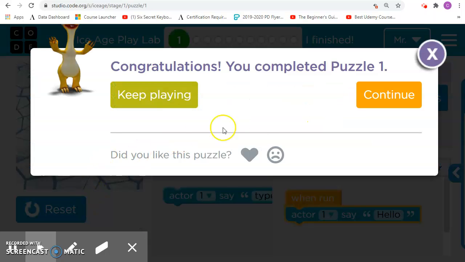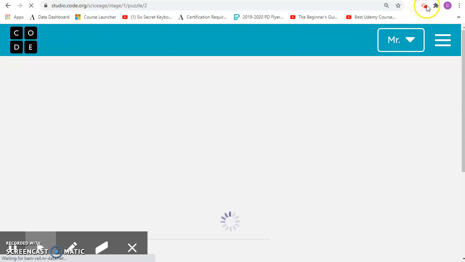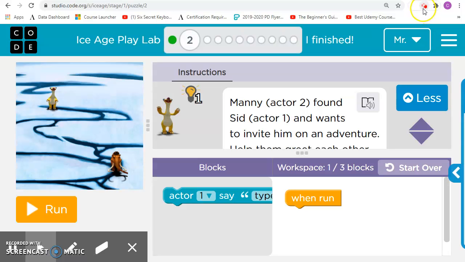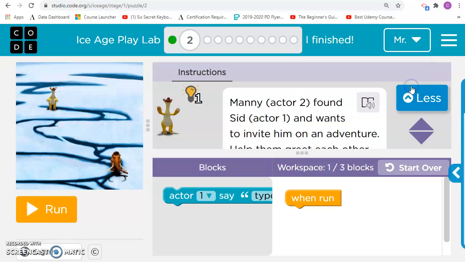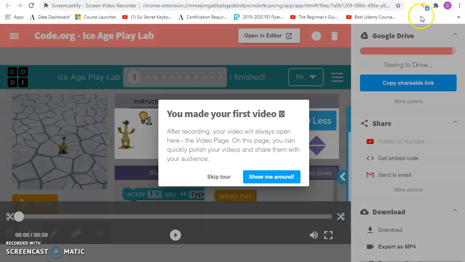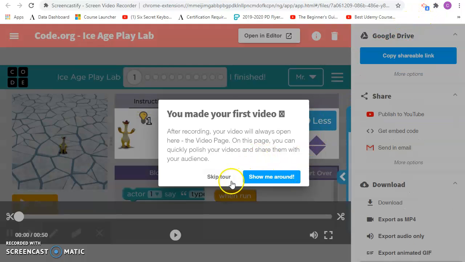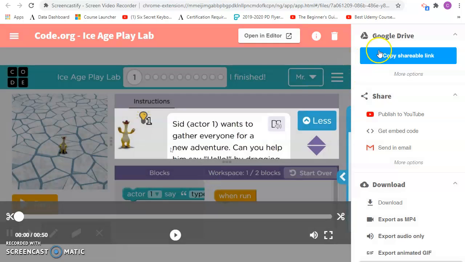Okay, so when I'm done recording and giving the explanation, I come back up here to this screencastify icon, I click on it, and then I hit the stop button. So now my screencastify is done, and I can go ahead and skip this, and then I can go ahead and copy the shareable link,